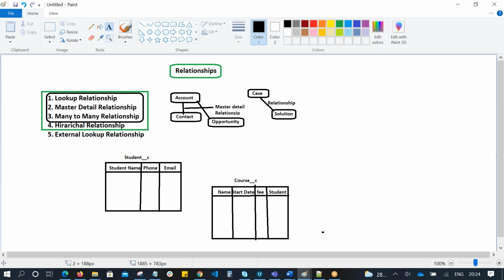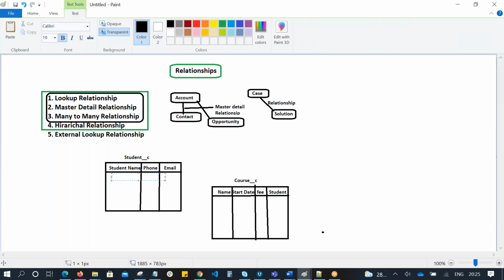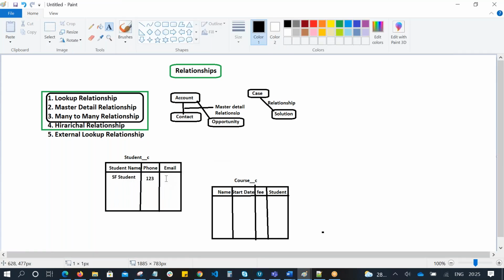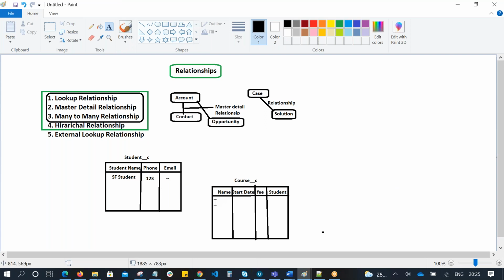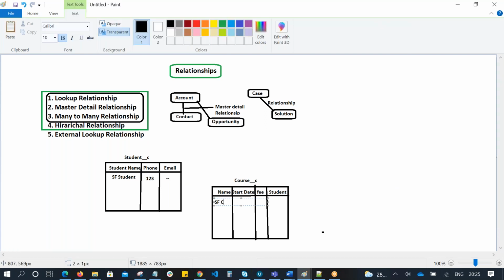Suppose let's take SF student. Student record name is SF student. I give some phone number and email ID. Suppose I'm creating a course, SF course, and I give some date value and a fee value.